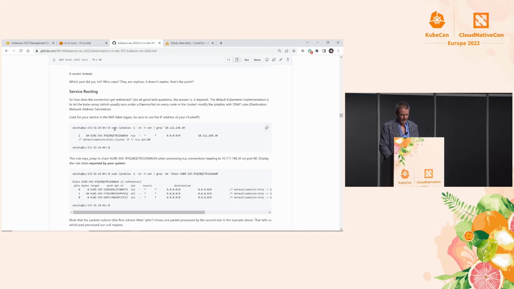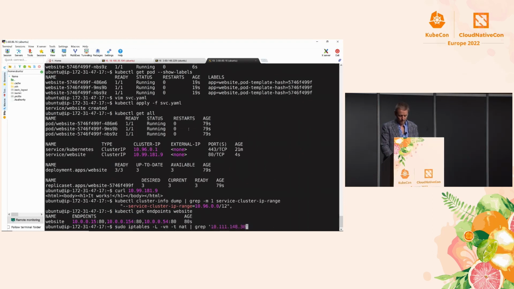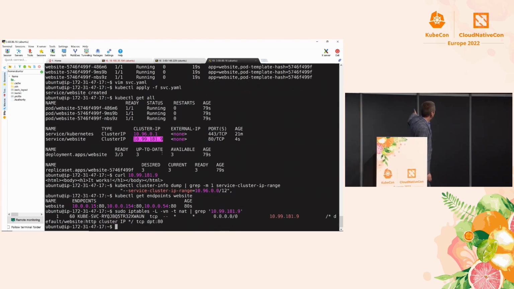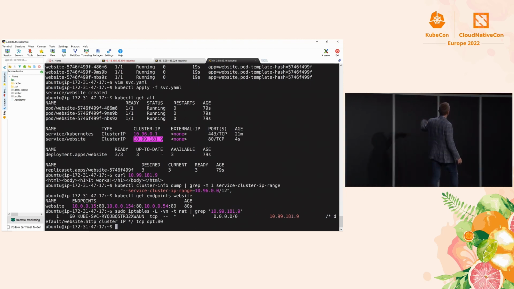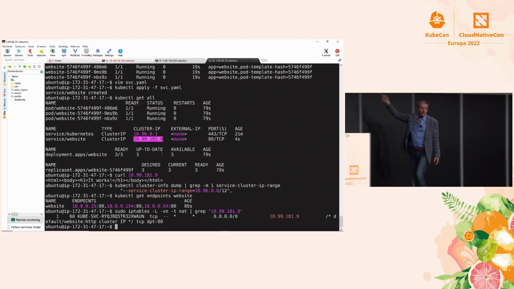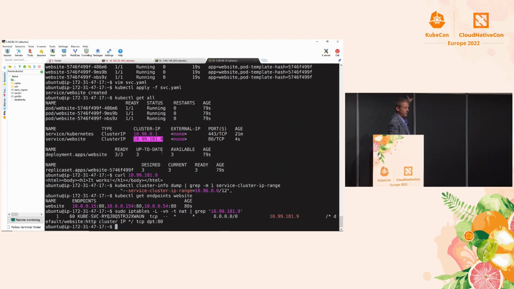So the next thing we're going to do is try to figure out how this all works. So we're going to look into the iptables, and we're going to look for the cluster IP. Obviously, I can't use the one from the lab. I have to use the one that I got, which is potentially very different. Service IPs aren't doled out sequentially, because that leaves you open to some security issues, so they're randomly selected from the range. All right, so I can see that there's an iptables rule that says if TCP traffic comes from anywhere and goes to that address on TCP port 80, use that chain to figure out what happens.